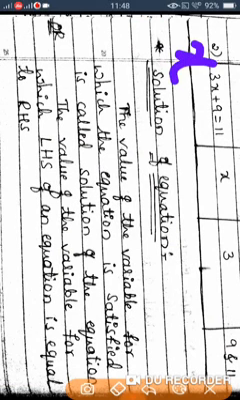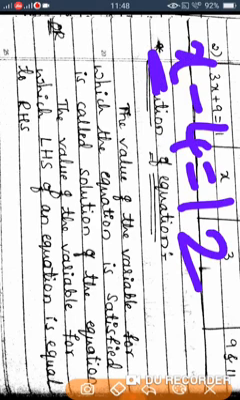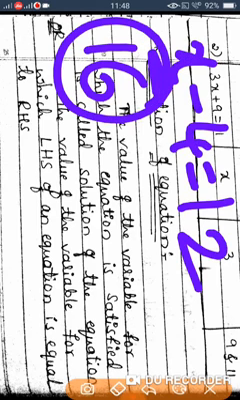So here the sentence: the value of the variable for which the equation is satisfied. In this equation, which value is satisfying? 16 is the satisfying x value in this equation, and it is called a solution. So this x equal to 16 is a solution of the given equation, or the value of the variable for which,